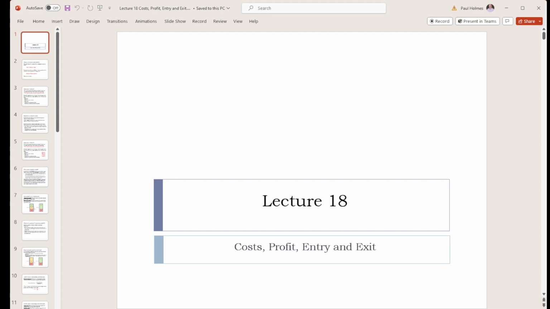In this lecture we're going to be looking at why firms would enter and exit markets in the long run, thinking about what would keep firms in a market, what would make firms want to enter a market, and so on. In order to get there, we're going to need to think about a firm's level of profit that it's earning. But we're going to be doing that in a way that might be a little different than what you've seen before, particularly because economists think of costs a little bit differently than you might be used to.